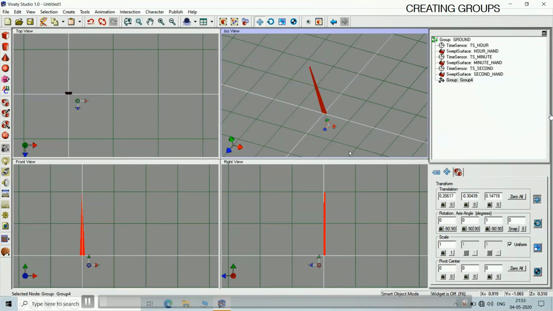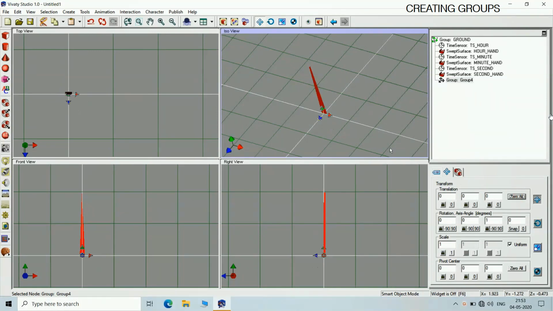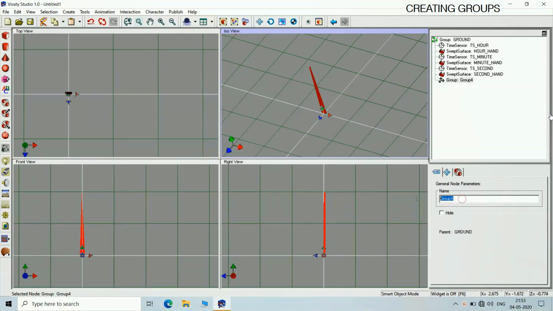Now we will be creating the groups. One group will be for the minute hand, one group will be for the hour hand, and one group will be for the second hand.